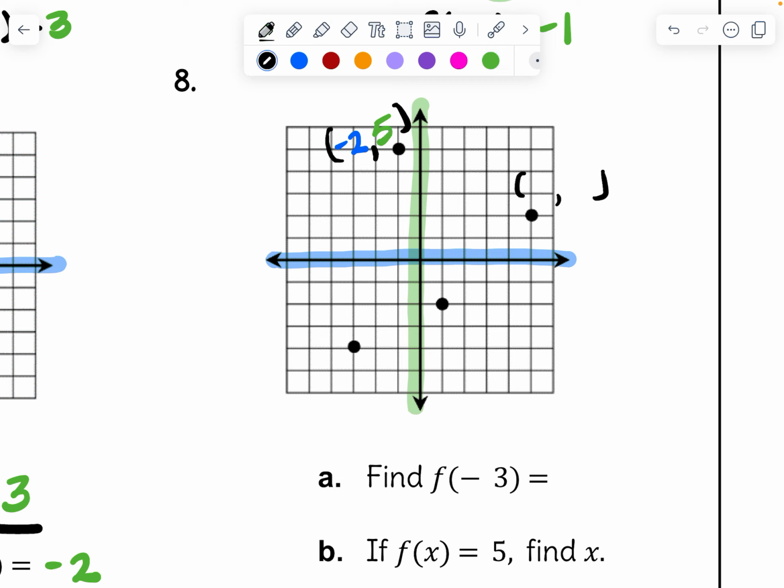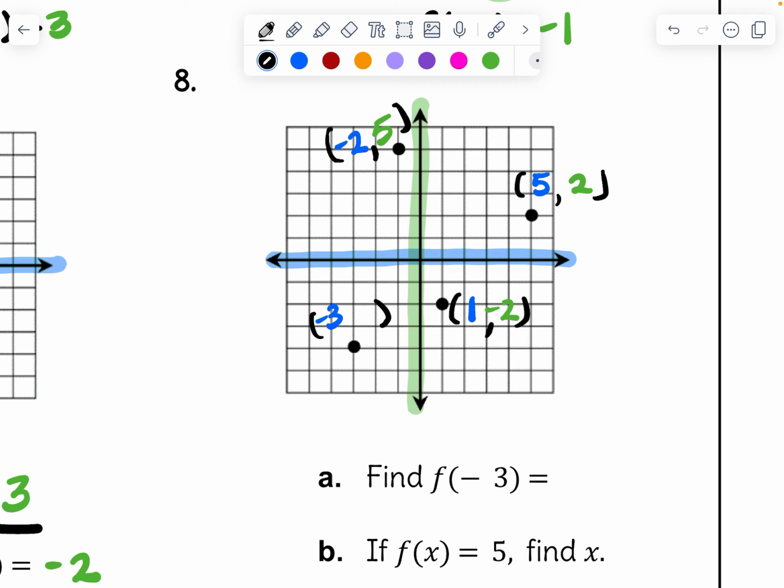This point would be 5 for x and 2 for y. This would be 1 for x and negative 2 for y, and this last point would be negative 3 for